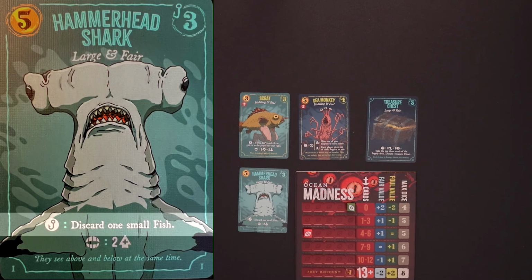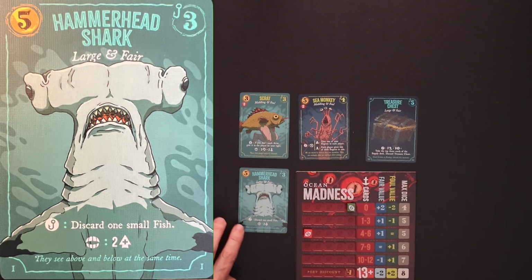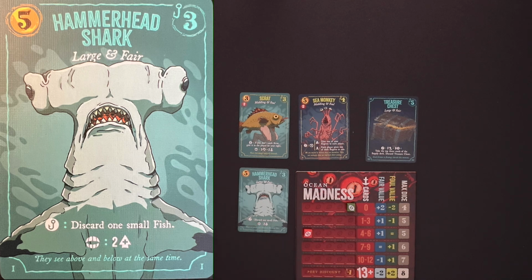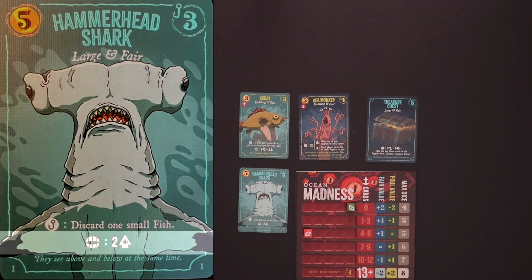Next is the catch abilities, and these abilities resolve immediately when a fish is caught. So for example, Hammerhead Shark here, as soon as I catch him, as soon as I pay my dice value to catch him, then I would have to discard one small fish if I had one. Finally, there is the eat ability on some of the fish. Now these abilities can be used during your turn by discarding that fish and then doing what it says on